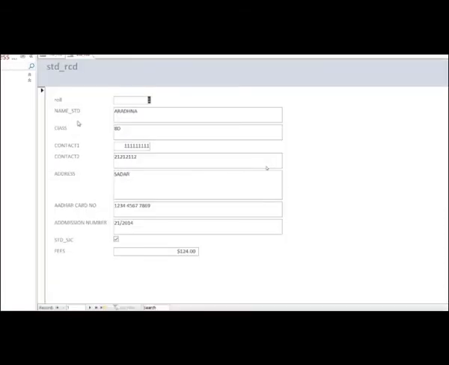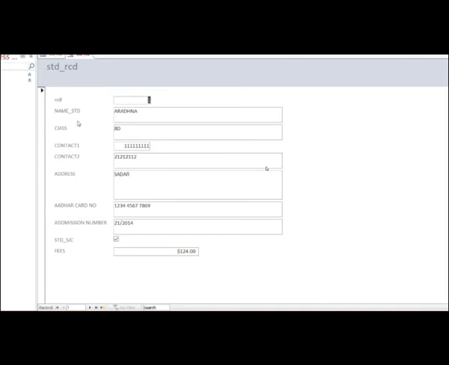With the datasheet view, we were inserting the records. In the same way, there is another way, that is through a form also, children, we can insert the records. But this way is much more attractive, an easy way to insert the values.